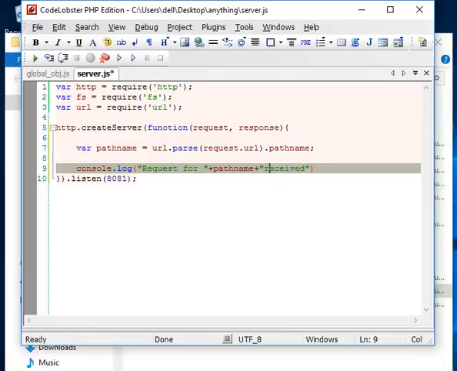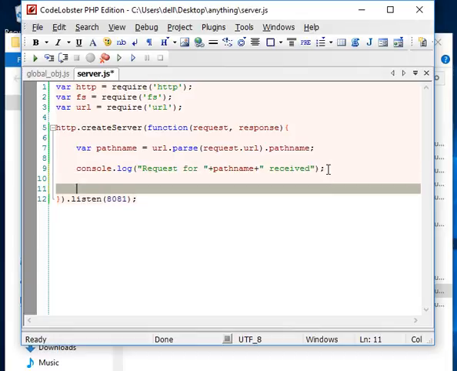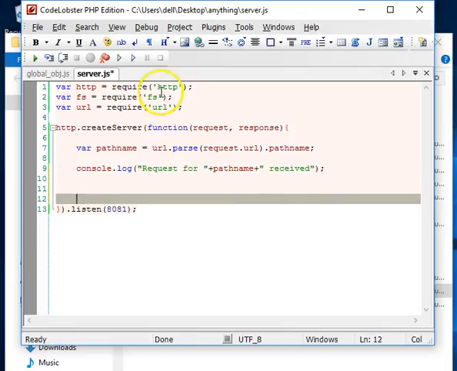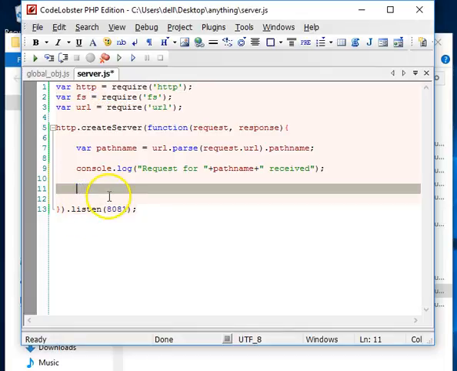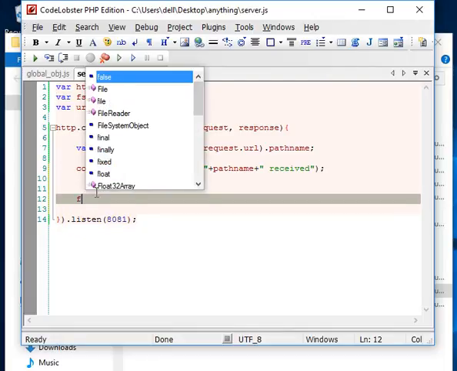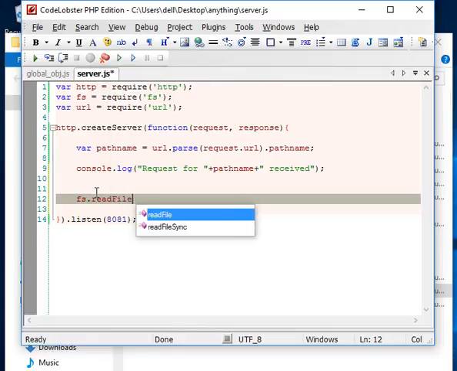Okay, so this just basically says that we have received the request for this particular file, and the next thing we have to do is to use our file input output module to find the file and read it, get the contents and print. So we have readFile, then we have the pathname, take the pathname substring,